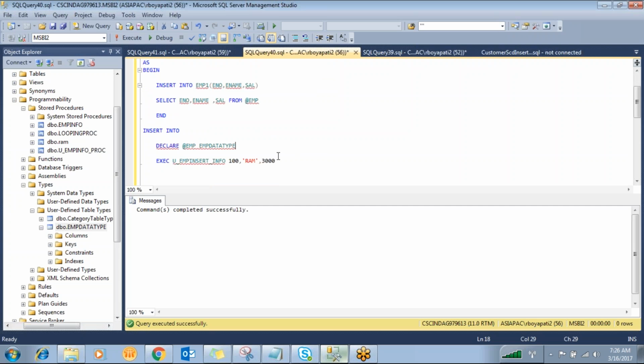So for this table variable we are going to insert some values. Insert into @emp. What are the list of columns? Employee number, employee name, salary, and the values you want to insert are